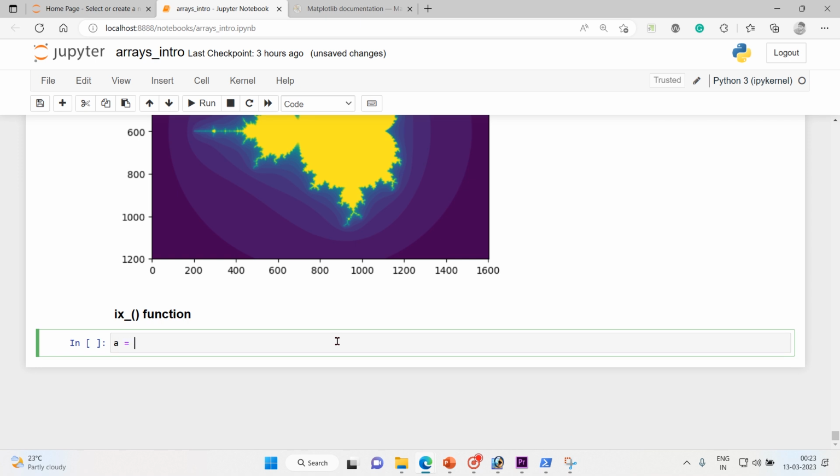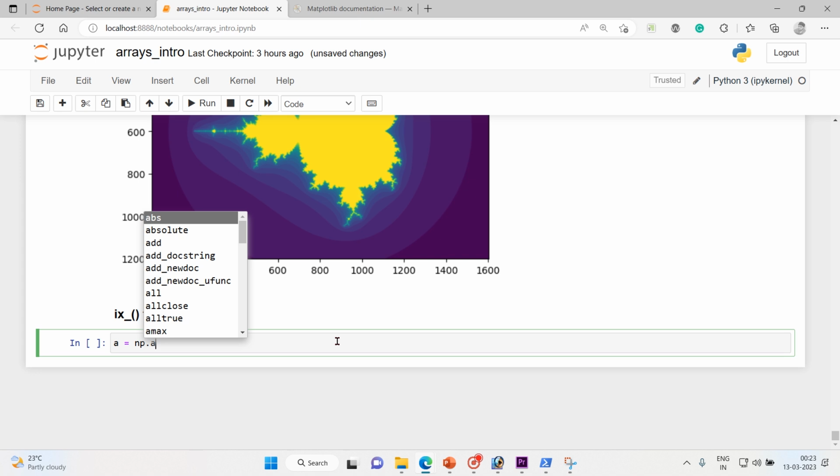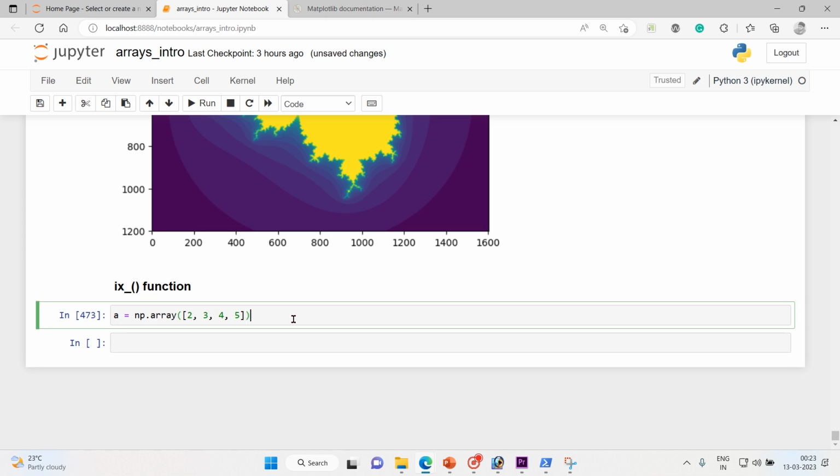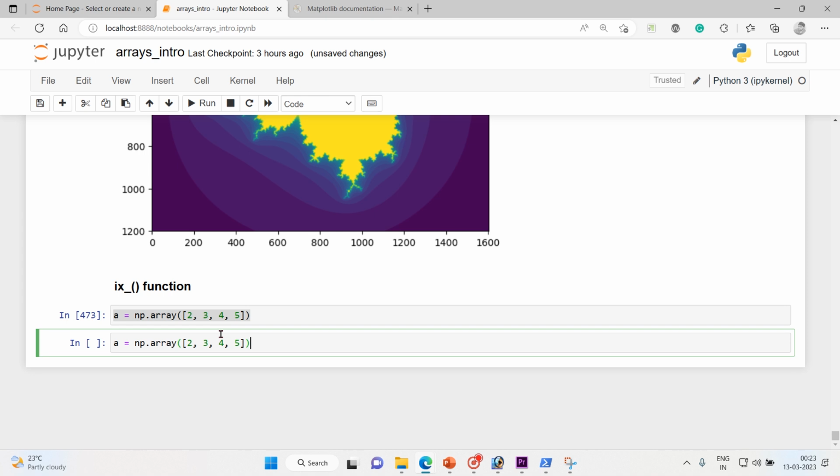Let me take the first vector. A is equal to np.array, and inside that I'm going to take my first vector using a sequence. That's 2, 3, 4, 5. Okay, this is my first vector, and let me copy the same vector and do a slight modification for the second vector. So let me put my second vector as b, and this time I'm going to go with a sequence of three elements. So 3, 8, 5, 4,